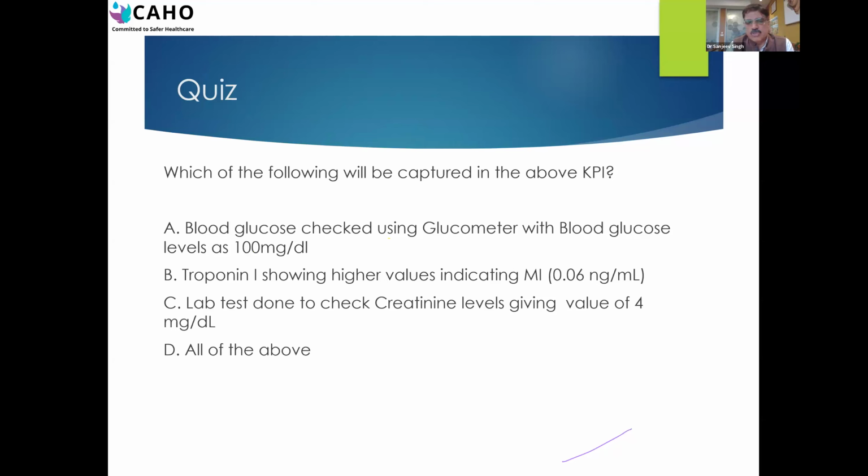Which of the above would basically fall into point of care testing? Trop I is one of the most favored point of care tests, because